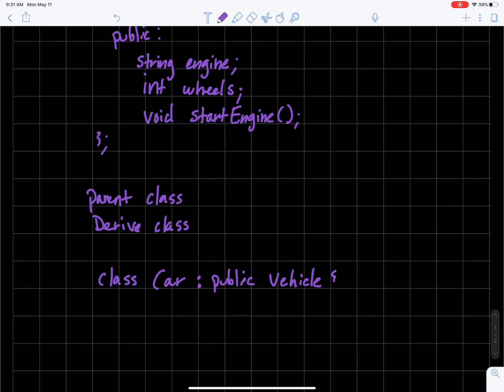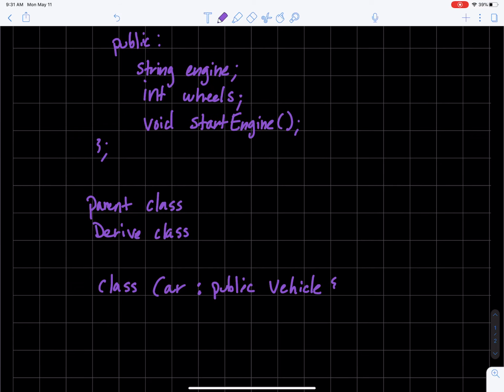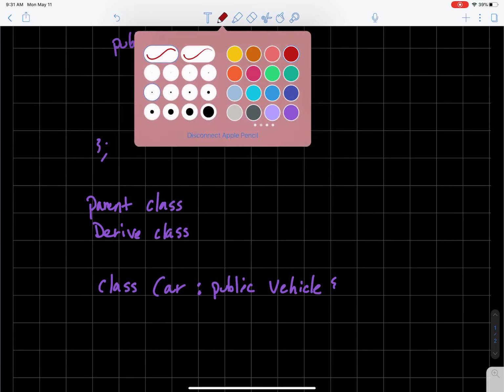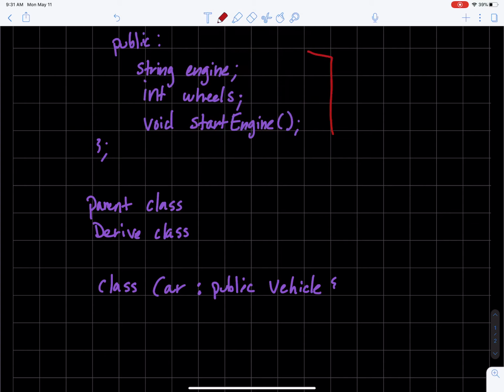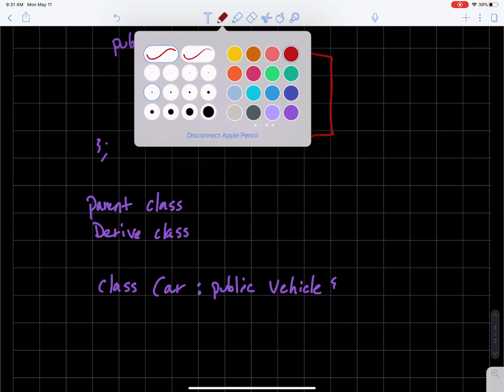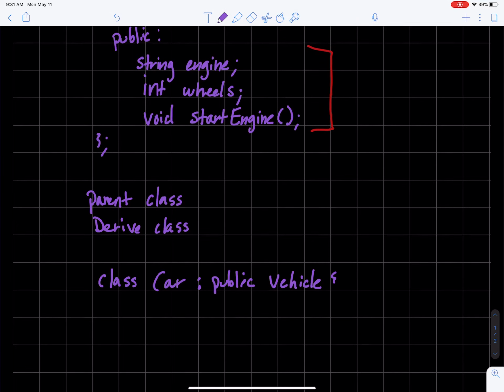And now my car has these particular member variables and member functions. It pretty much has anything inside public because I declared my car class to be a vehicle, right? So